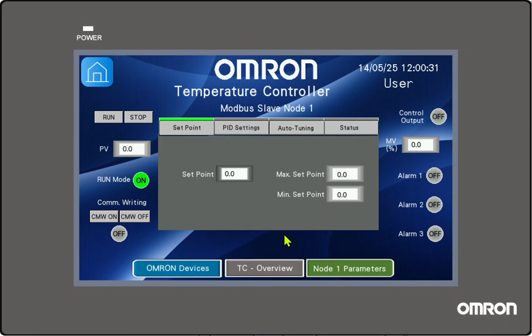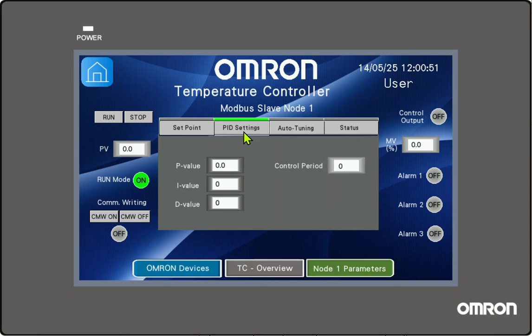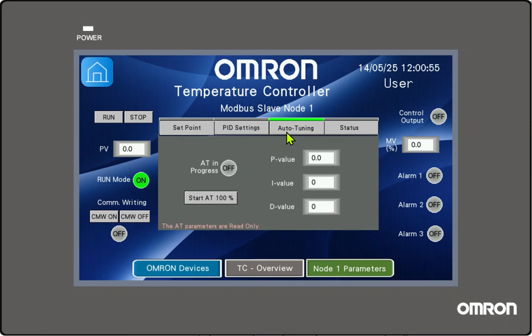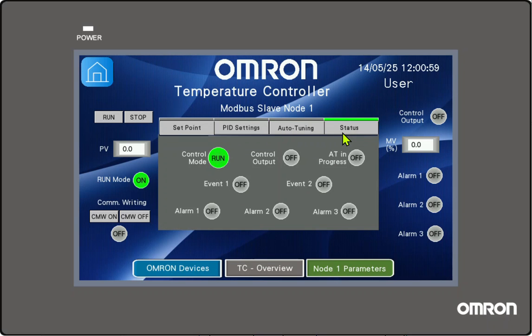So here we have different buttons to run or stop the unit, or activate the command, writing or not, different alarm information. And here we have a tab page for the set point settings, another one for the PID, then for the auto tuning operation, and the last one is for some status information.